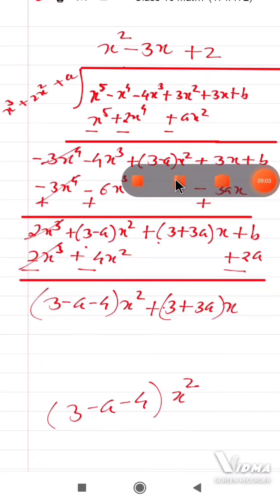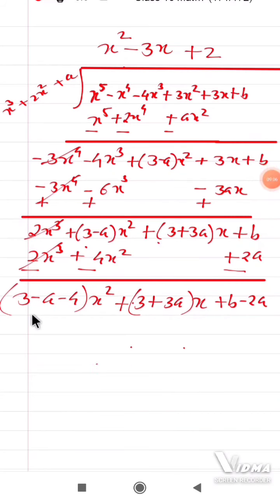Okay, now look: the first term of the remainder is a quadratic term, and the first term of the divisor polynomial is a cubic term. So this division is not possible, because the degree of the remainder is less than the degree of the divisor polynomial. So the division stops here, but we were told this cubic polynomial is a factor of the polynomial of degree 5. That means the remainder should be 0, and this happens only if each term of the remainder is 0.